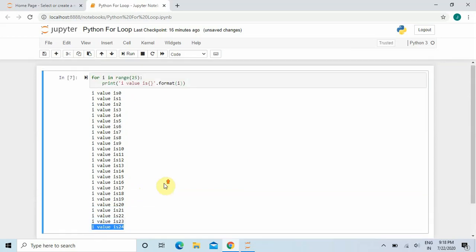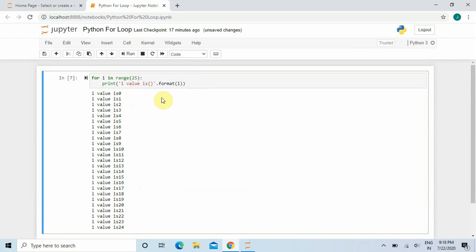So you can see that I have given 25 because I want to print the numbers from 1 to 25, but it is printing from 0 to 24. So why is it like this?